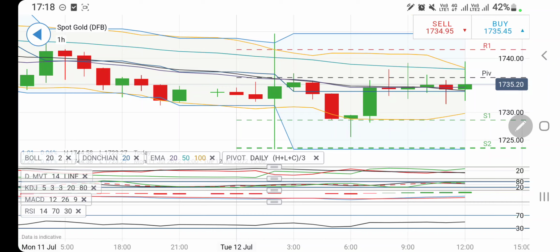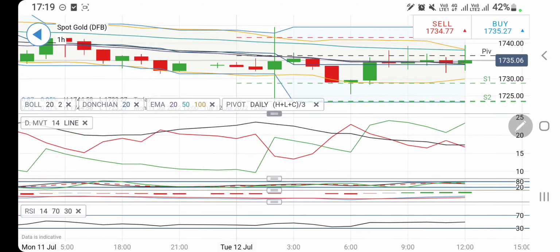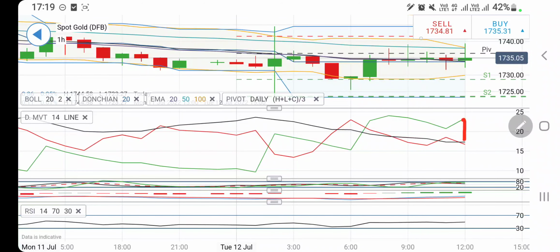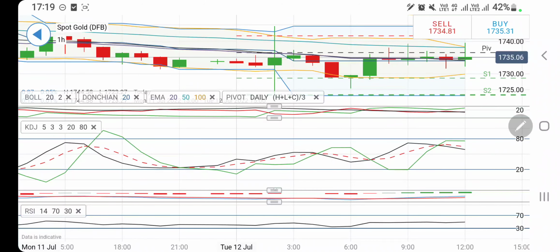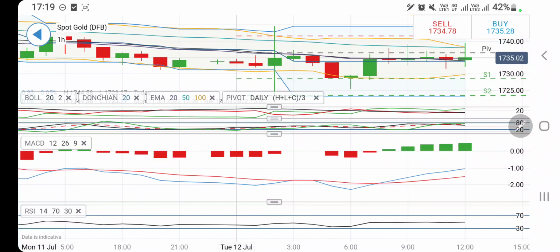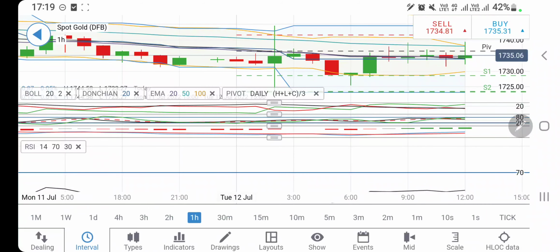Gold on the early charts is trading at the median of the Bollinger Bands, with a pivot at 1735 levels. It is trying to trade with pivot 1730 giving it a support, and 1740 giving it a resistance. It is trying to trade in between, failing to go past either of these. Bullish on the early charts. Stochastic is comfortable, looking downwards. The MACD has crossed over and it is wide divergent bullish. RSI is trading flat on the early charts.